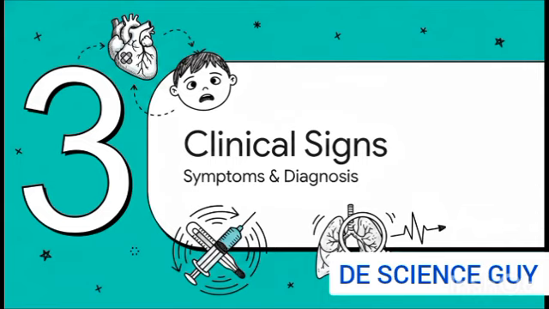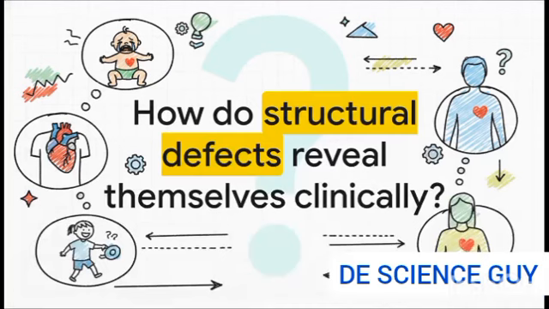Moving on to Section 3, recognizing the clinical signs. We'll cover symptoms and differential diagnosis. This brings us to a really crucial question. How does an invisible structural defect, completely hidden inside the chest, actually reveal itself clinically in a newborn or developing child? Some defects present literally right after birth, while others, well, they might remain totally undetected until later in childhood